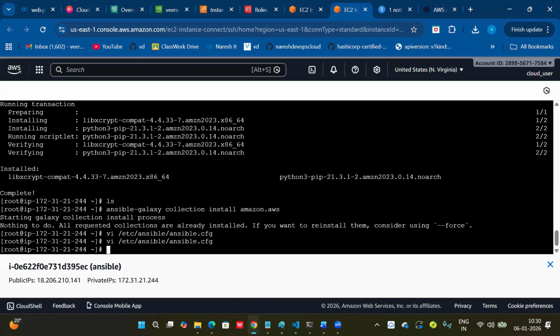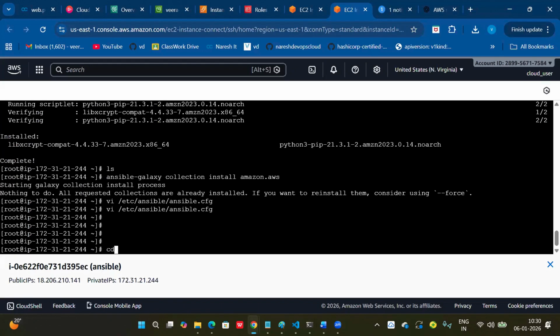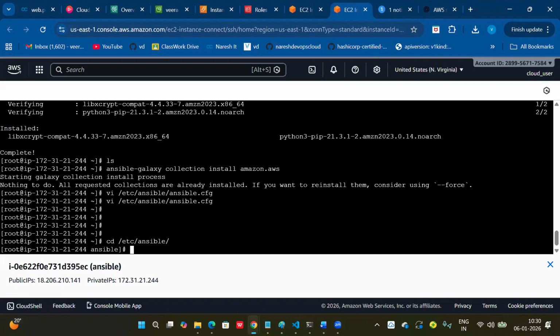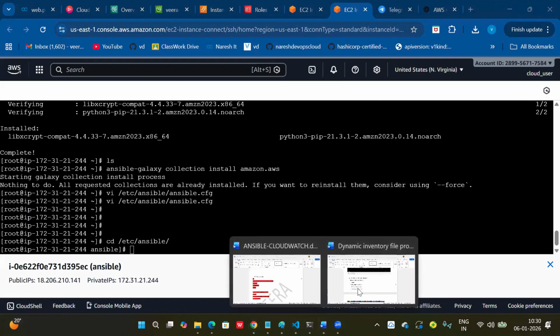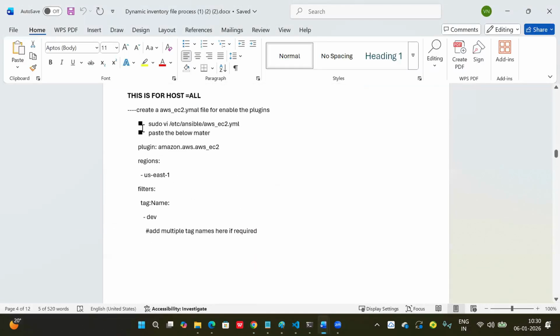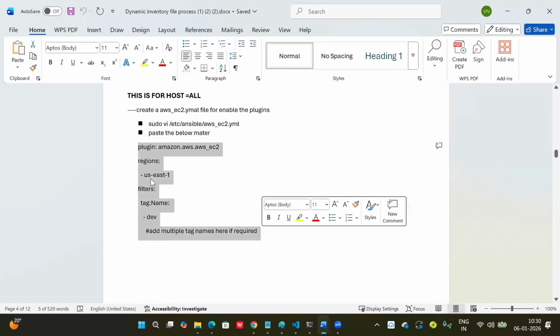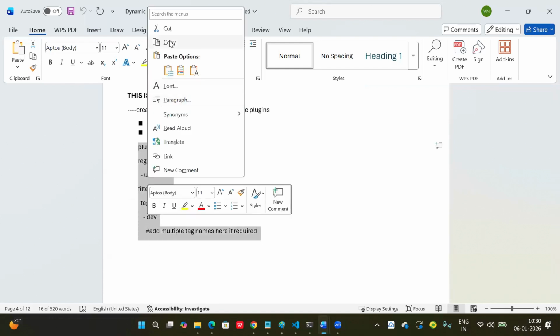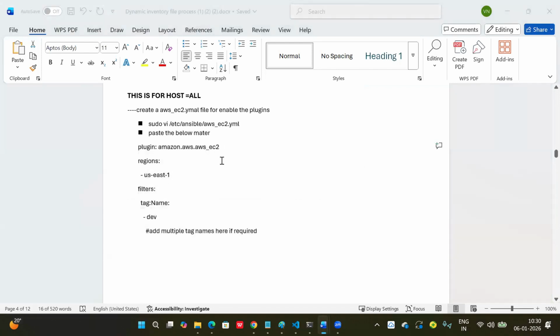So in this case, inside etc Ansible, I need to create one YAML file. That YAML is actually referred to as your inventory, right? What is the YAML name I have given? vi ec2.yaml, right? So let's take it here. This is the YAML now. aws_ec2.yaml.